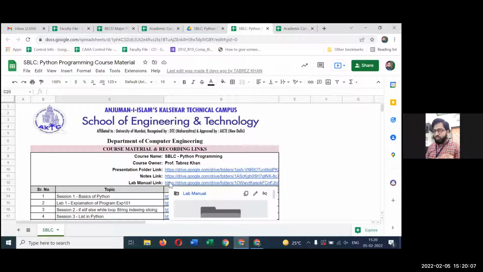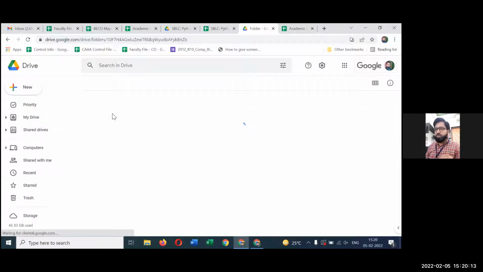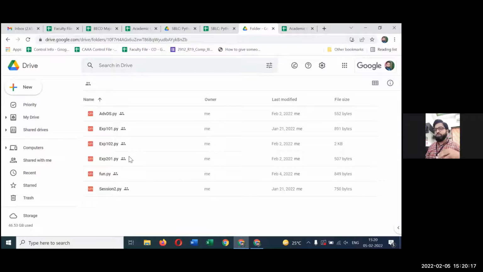And the link for all the things. For example, ये मेरी lab manual की link है. So I go to the lab manual link. यहाँ पर program folder है. And into this program folder, I have all the programs. Now, what is interesting कि जो भी latest काम हो रहा है वो सब यहाँ पर आ रहा है.